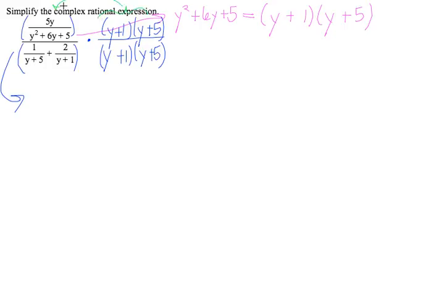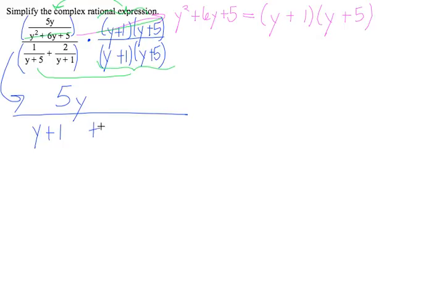So on top, when we distribute, actually y plus 1 times y plus 5 equals this denominator, so those completely cancel right here. That's going to completely cancel with that. So the numerator is just going to have a big old 5y, and that's it. And the denominator, when we distribute this times that fraction, the y plus 5s will cancel, so I'll just be left with 1 times y plus 1, which is just y plus 1,